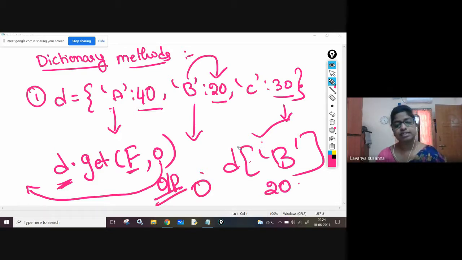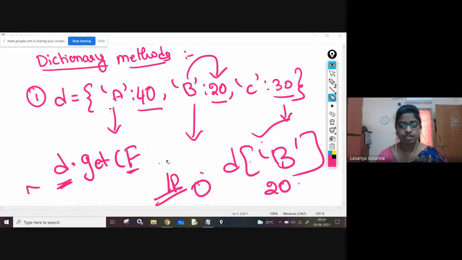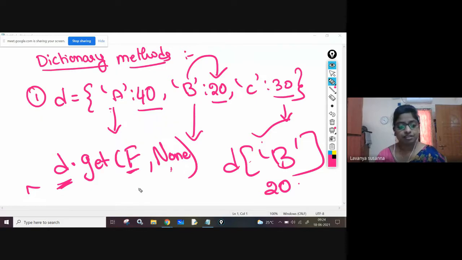Whatever you are passing as the second argument, for example, if you are passing None instead of 0, then what will this function retrieve? None. None means nothing. The second argument will be retrieved when the key you are passing is not present in the dictionary.